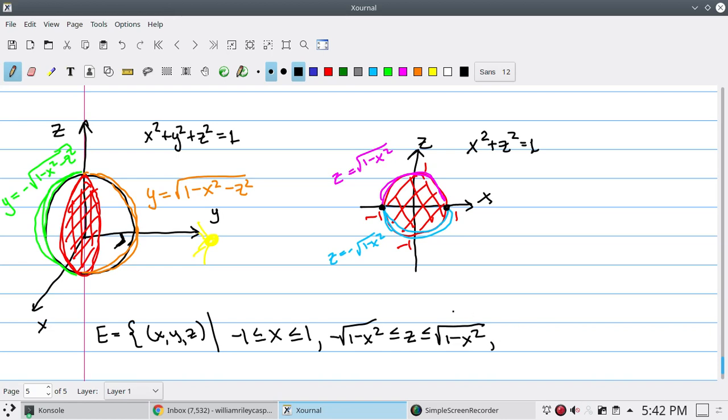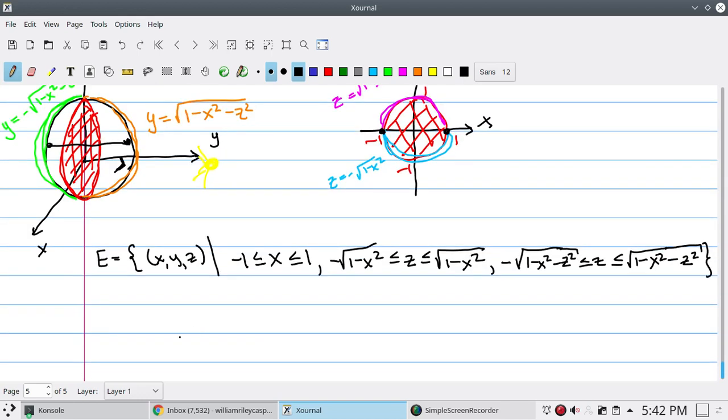And finally, y is ranging between this left hemisphere and this right hemisphere. So y is ranging between minus the square root of 1 minus x squared minus z squared and the square root of 1 minus x squared minus z squared. And once we have this description of the set E, the triple integral is very easily converted into an iterated integral. I'm just going to write the triple integral over E of f of x, y, z